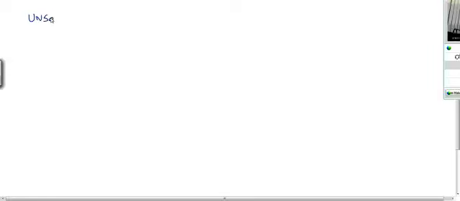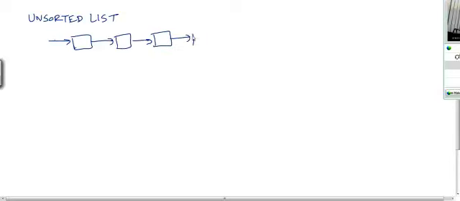An unsorted list. So an unsorted list is basically just a linked list. It could be singly linked, it could be doubly linked, it doesn't matter. So the items here are going to be